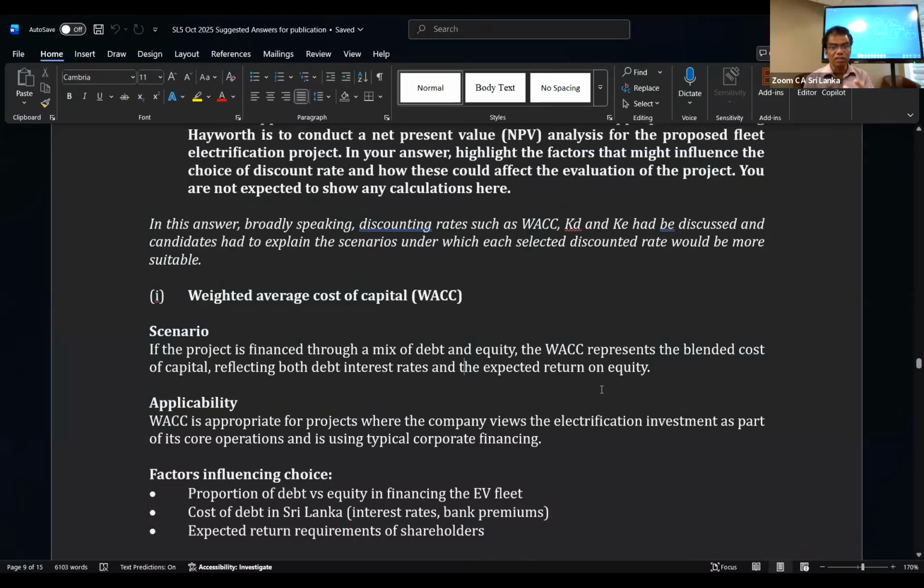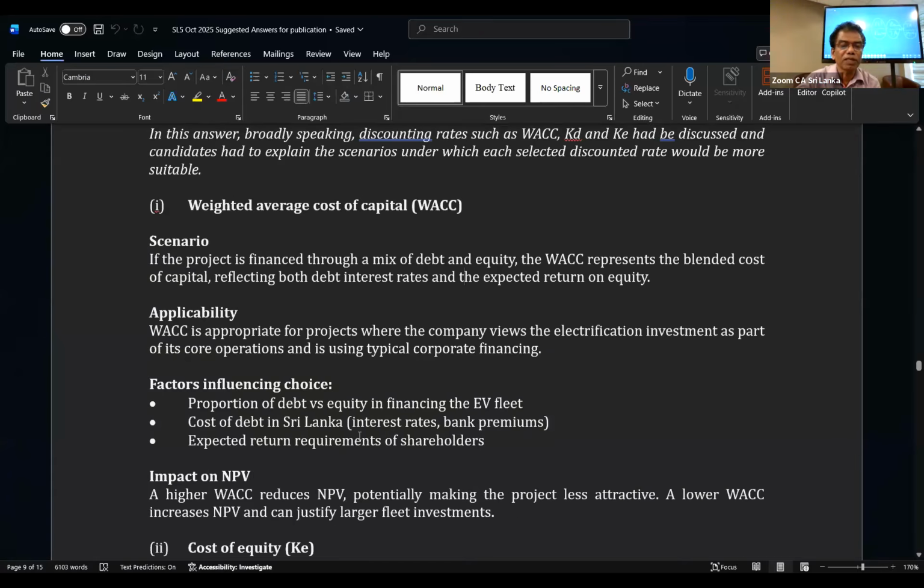So, not only this, you have to add. The examiner has not added that depending on the cash flow too. What is the cash flow derived? If the cash flow derived is enterprise value, yes, WACC has to be applied. Make sure that he has not mentioned it here. He just took that there is a capital mix, but not only that, you have to think about what cash flow you are going to discount. That also has to be a concern, right?